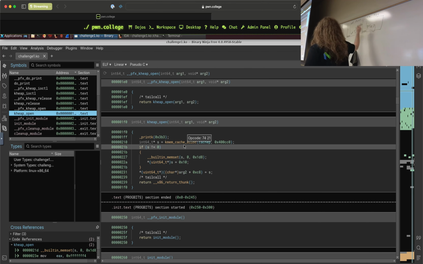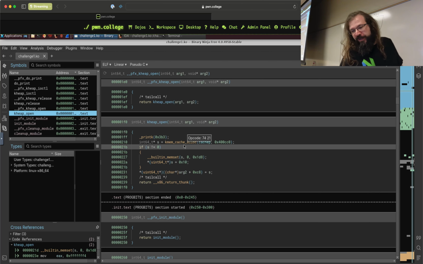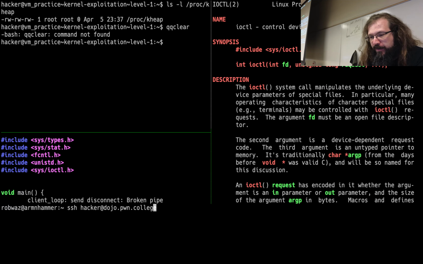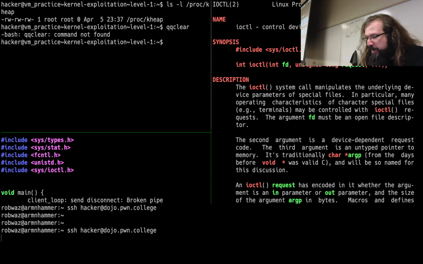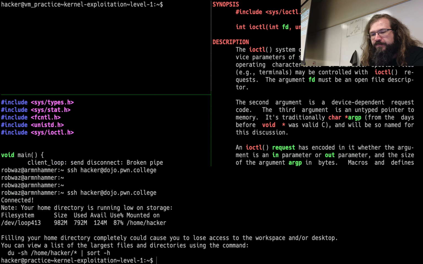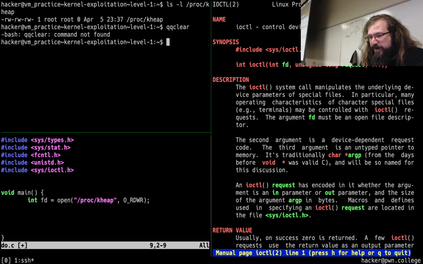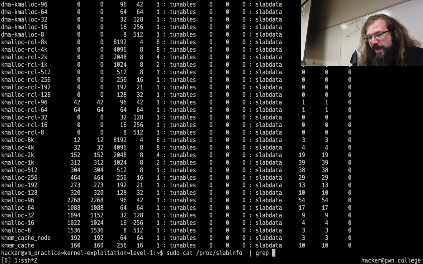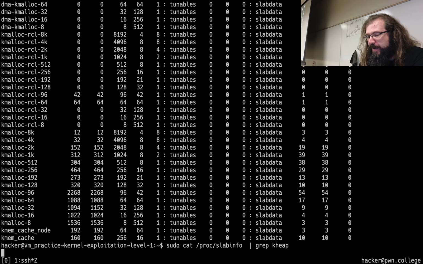So the kernel cache is for a specific size, right? That size could be specific to an object type, right? So here what we are doing is, this is a cache called Heap. And I'm having bad luck with the internet today. It's the power of tmux. If we cat, what was it? Proc slab info, and let's grep that for Heap